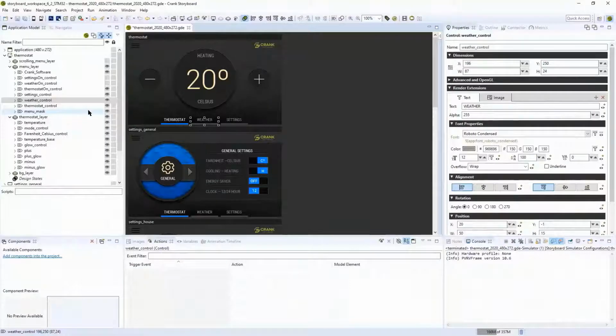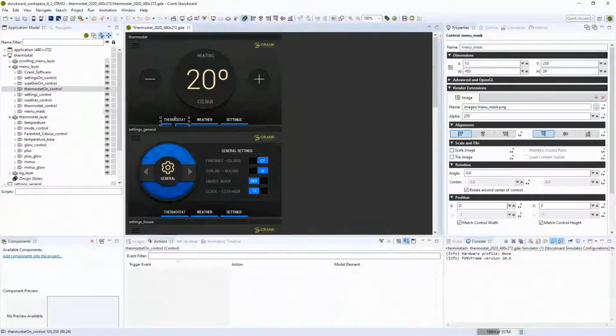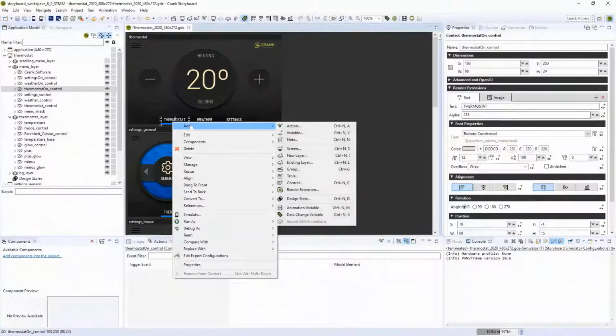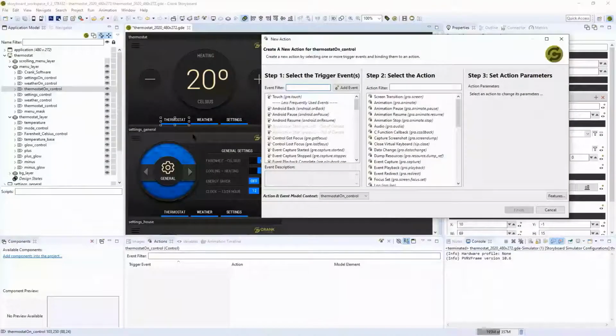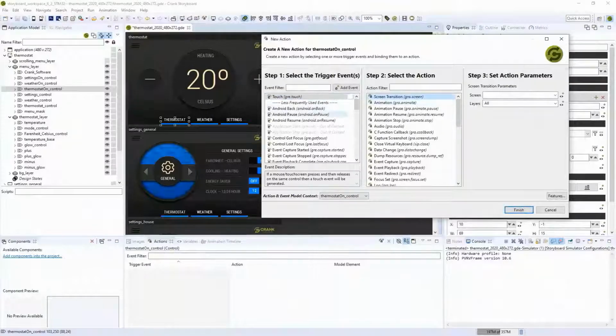Now we've got a more sophisticated design in mind, but for now what we're going to do is show just the overlays so I can click on them directly. So that allows me to add navigation features, so I'm going to add an action. Everything in Storyboard is triggered, and a trigger is something like a touch in this case. We've got gestures and various other things. So a touch event is going to trigger an action of a screen transition, and whenever you trigger this event, I want to go to the thermostat screen,